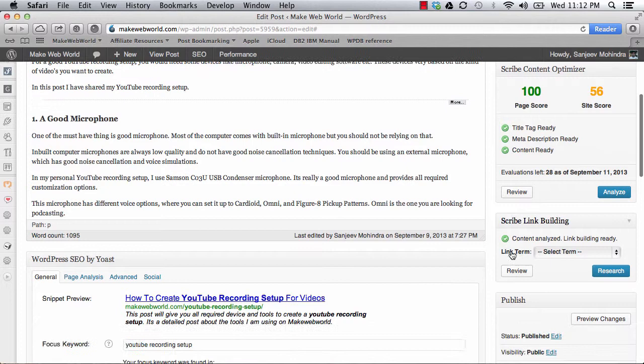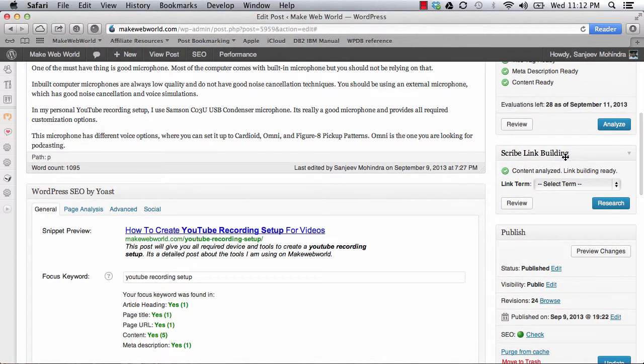The one extra box which you get is Scribe link building. This is a very handy feature. It allows you to promote your new blog post on your own blog. You have content which is already ranked and already indexed by Google. The best way to start indexing your new content is by linking it from your old content.